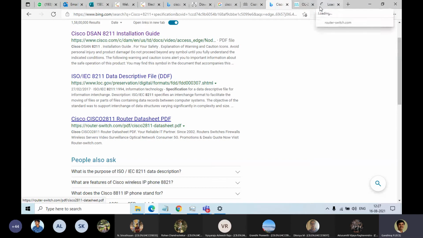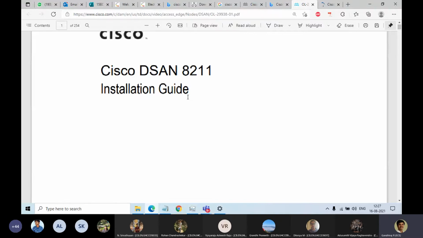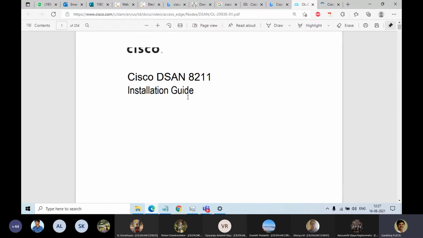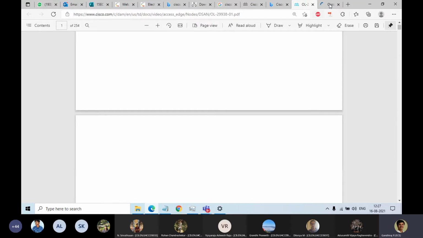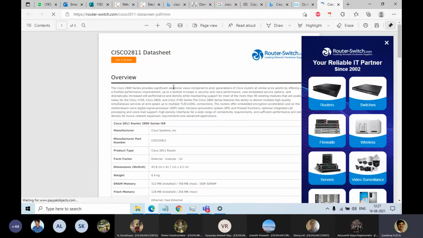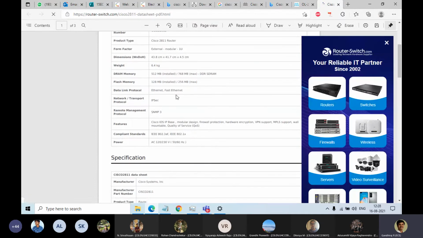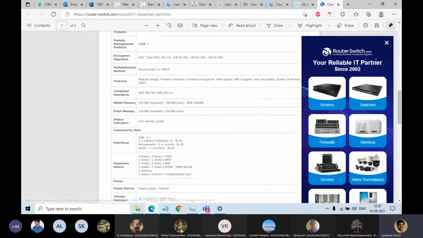As a network engineer, you must be aware of this. Theoretically, that is fine, I will take care of it, don't worry. That's my responsibility, giving the knowledge base about how it works. But I can only teach how to swim. If you want to get the experience of swimming, you have to dive into the swimming pool. That's the thing. I am giving all these assignments to everyone. If you explore this data sheet, you can see complete information. This is the way you have to explore.